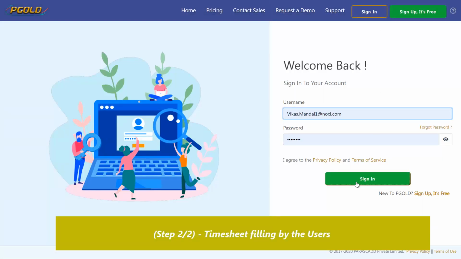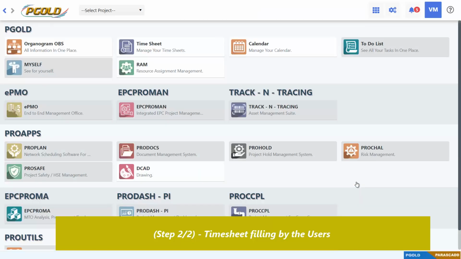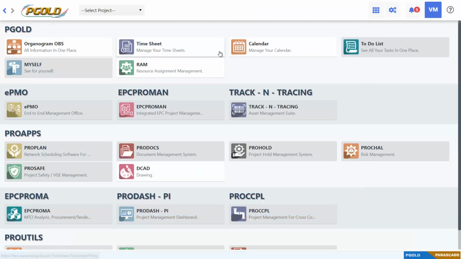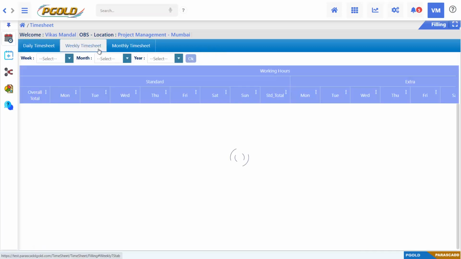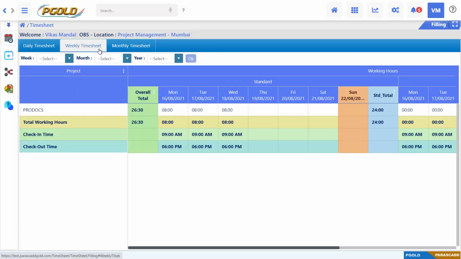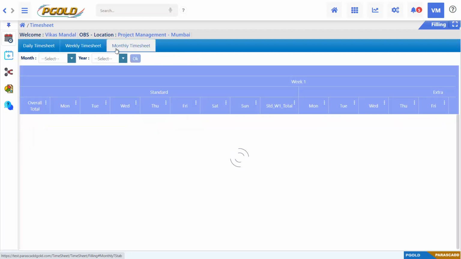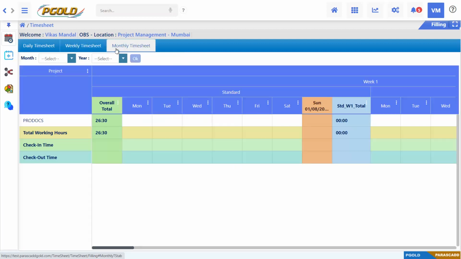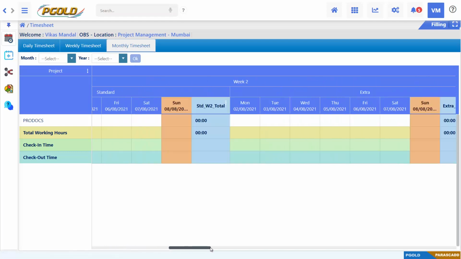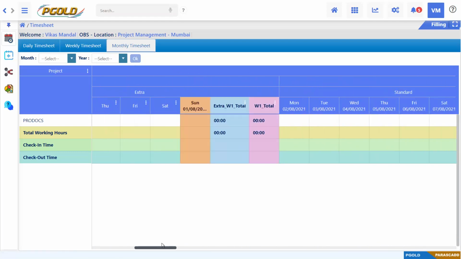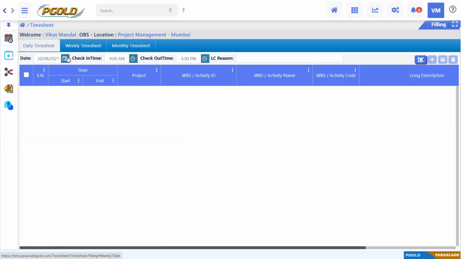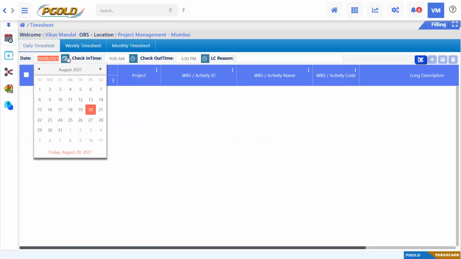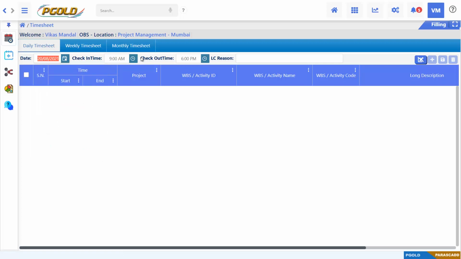For this reason, the user will have to log in. Once the login is done, they will have to click on the timesheet. The timesheet module has three main tabs, that is the daily timesheet, weekly timesheet and the monthly timesheet. The daily timesheet screen is the main entry screen where the user will have to create an entry of their timesheet on a daily basis. The date is by default the current date and